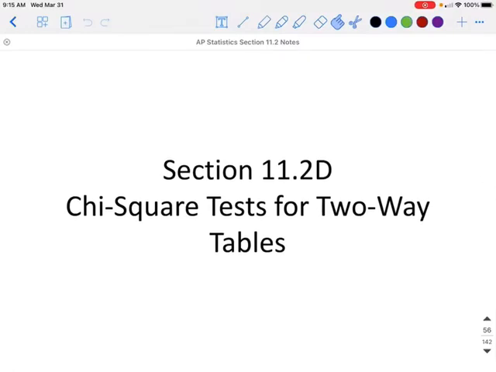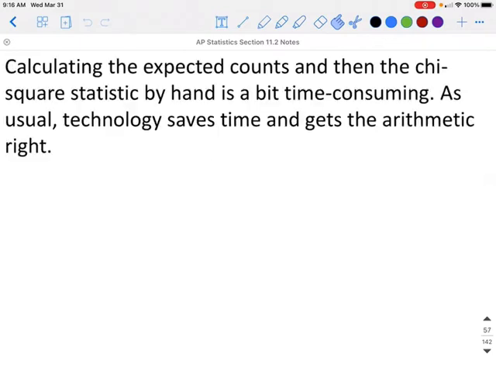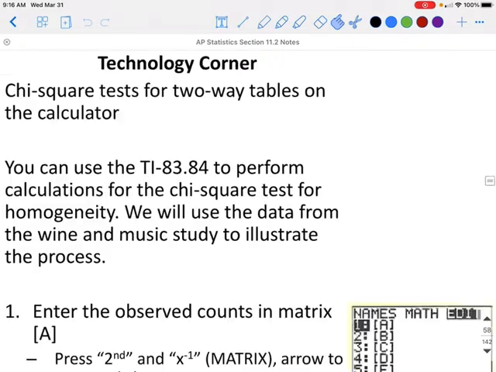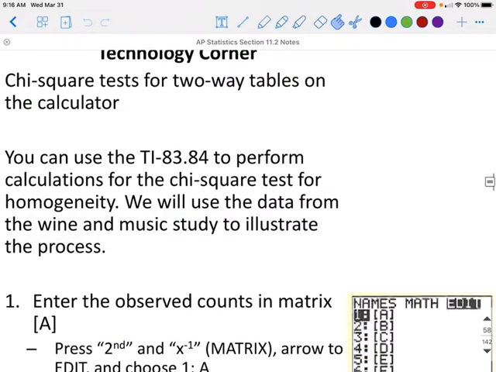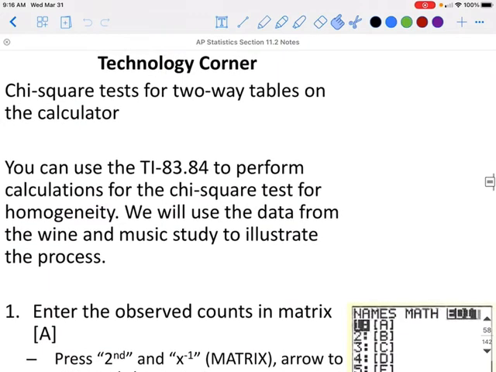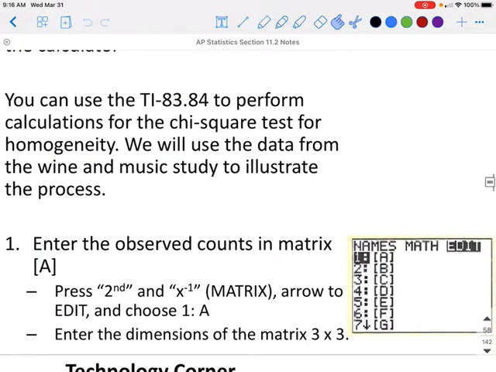This is section 11.2, part D, chi-square test for two-way tables. Calculating the expected counts and then the chi-square statistic by hand is a bit time-consuming. As usual, technology saves time and gets the arithmetic right. So on your graphing calculator, if you want to do the chi-square test for a two-way table,